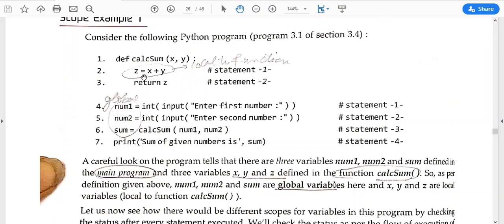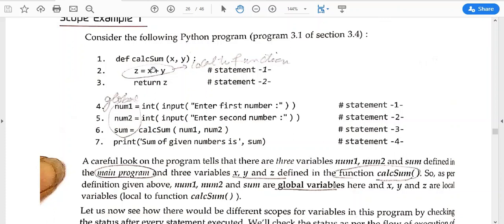Now, x and y will not be considered local. Actually, z will be considered local. Why? Because before this calcsum function we already knew the values of x and y, and z is calculated only with the help of the addition of these 2 variables. They are x and y, they are just num1 and num2. So we can't say they are new variables, they are replacements of num1 and num2. So these 2 are not local variables. z is the local variable because it came into existence inside this calcsum function. So z will be called local to this function calcsum.